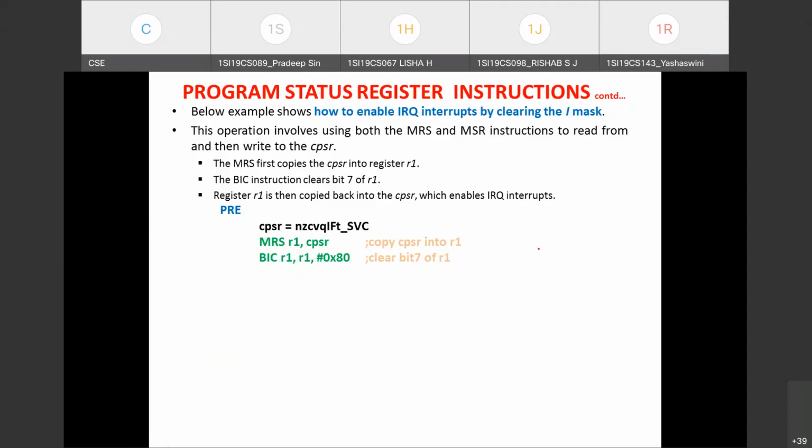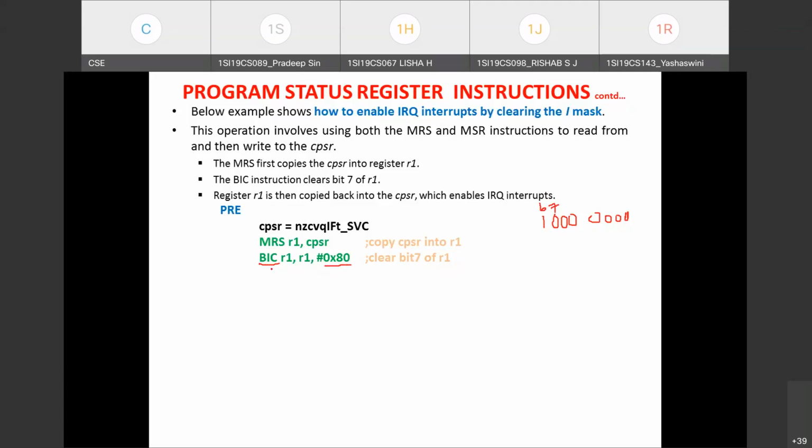You know how the bit clear instruction actually works? 80 means it is 1000 0000, correct? Yes or no? Whichever bit you want to clear, that bit status I need to take as 1 for the BIC instruction. You know the working of BIC. This is bit 7 in the R1 register, so only that bit status we are going to take as 1. This is the mask value we are taking, 0x80. Since bit 7 is to be cleared, 80H is the data we are going to take.